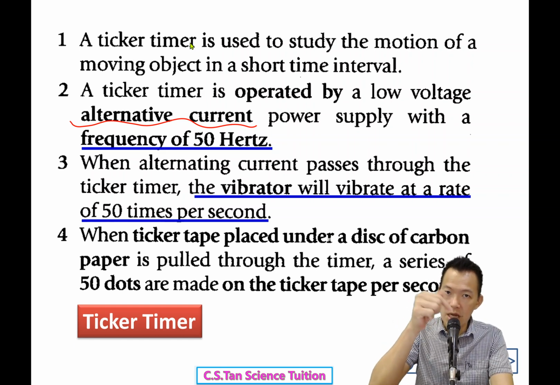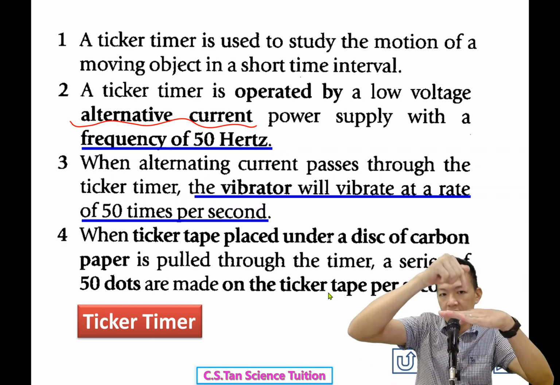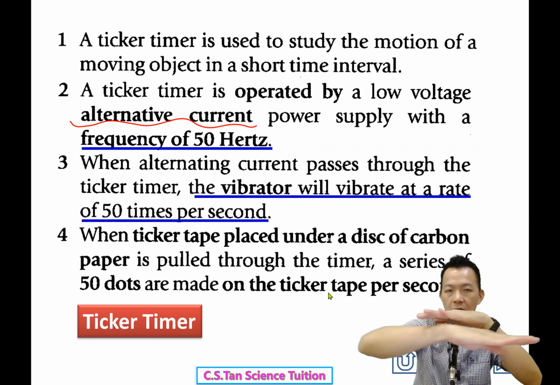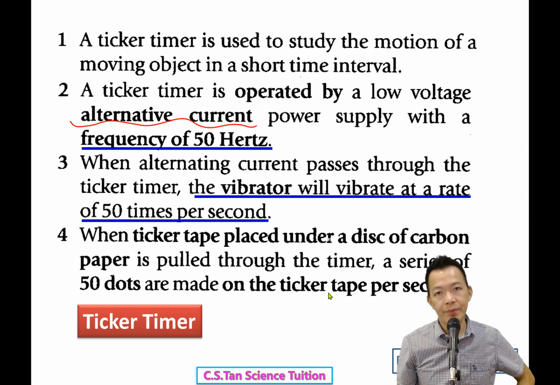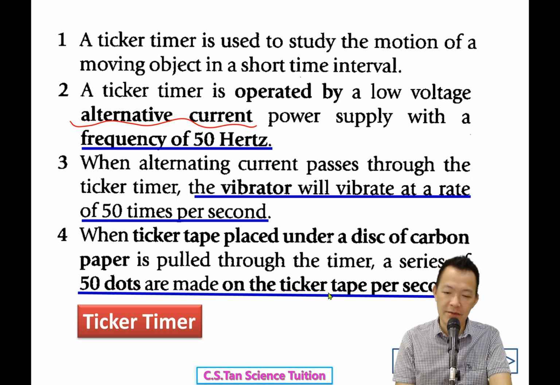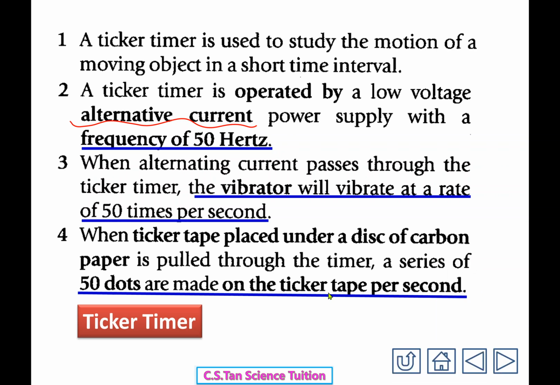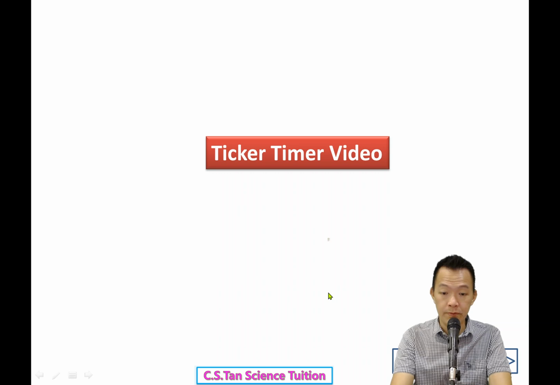When the ticker tape is pressed under the disc of carbon paper and pulled through the timer, a series of 50 dots are made on the ticker tape per second. So you prepare a carbon paper. When the vibrator vibrates, it makes a lot of dots, 50 dots per second on the ticker tape. Ticker tape 上面就会出现很多的小点, and from the dots on the ticker tape, we can make calculations to study the motion of the object, 用它来研究某东西的动作。Still not understand? Never mind, highlight first. I show you the experiment, or your school should prepare this experiment, 学校应该有准备。